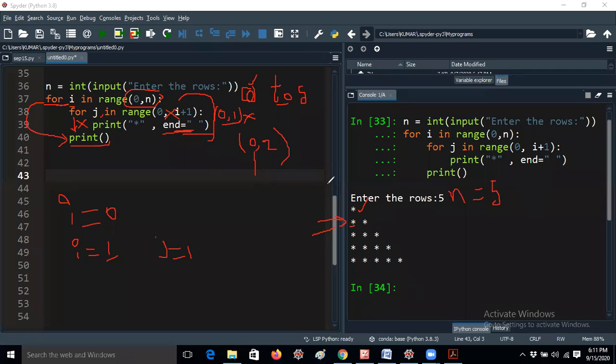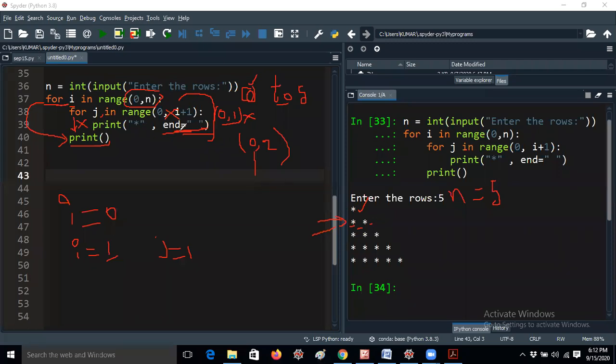Just now I told you range of 10 means I will get 0 to 9 only, right? In the same way you will get 0 and 1 only. Now the j value is 1, so again it will print. What is end here? It is a space. So the space will be printed and then the second star will be printed.